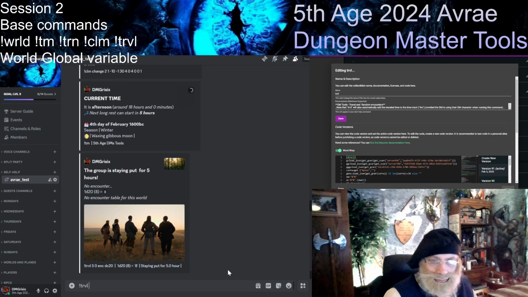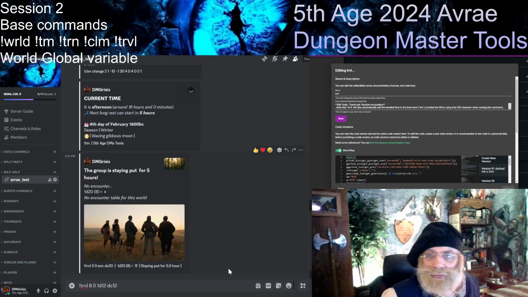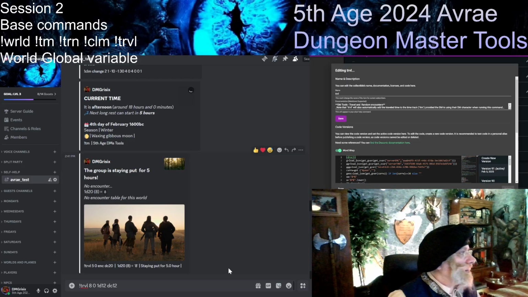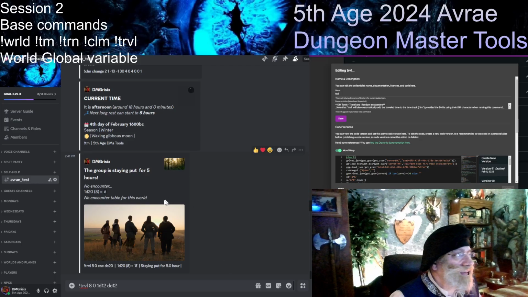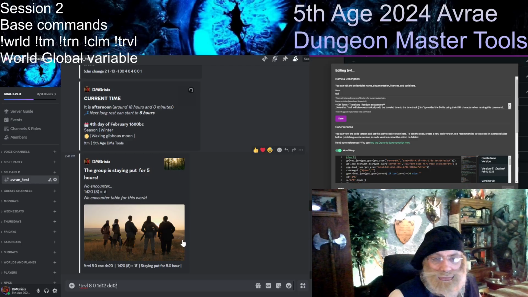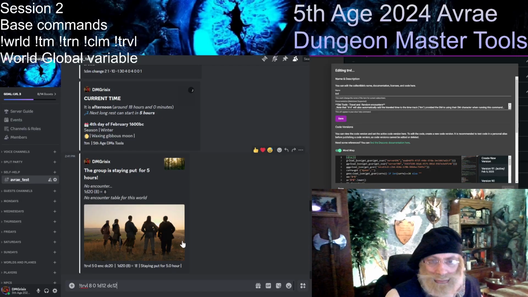But for the night, I want a particular type of check here. I don't want to use a d20 anymore. I want to do a d12 because there are tribes around. They may be roaming, and at night they are more likely to find a campfire. So I'm going to roll a d12 and put it with a DC 12 here. The night and the long rest is 8 hours, so we do 0 because they are staying put, 1d12 because that's the encounter we are going to roll, and DC 12, so a result of 12 will be an encounter. So let's roll that.